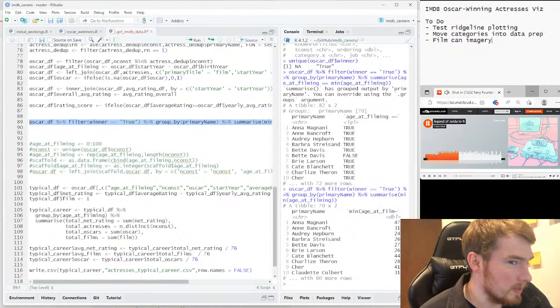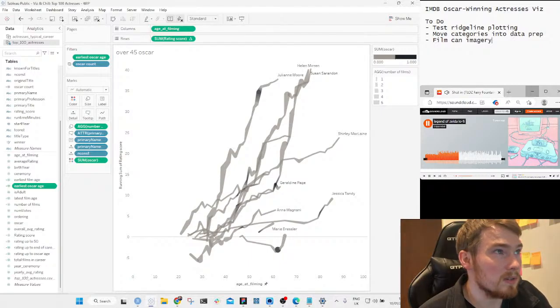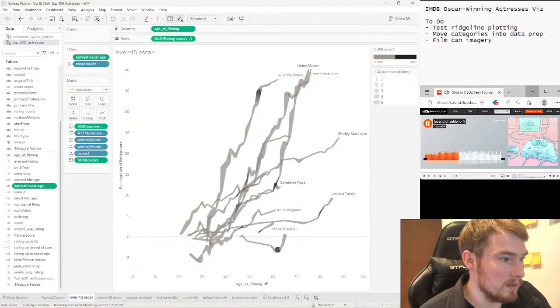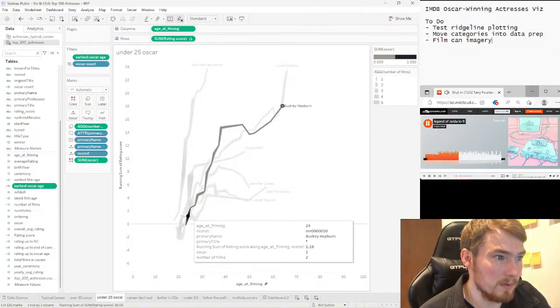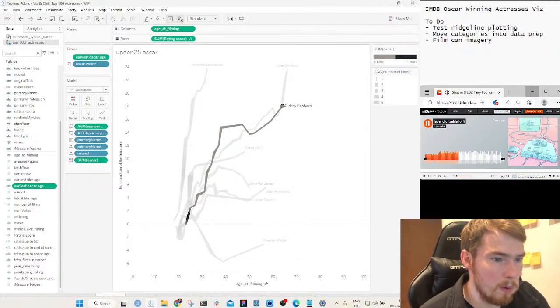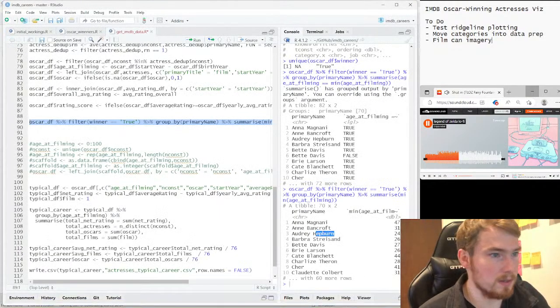Okay, so can we have, let's find Audrey Hepburn then. Oscar under 25. Audrey Hepburn, yeah, 24. Okay, so that works.